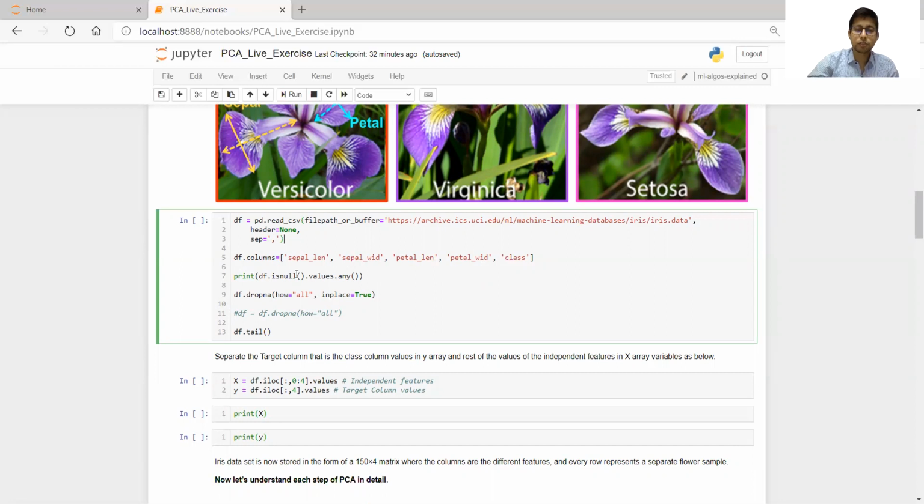And of course, today's agenda is mainly focused on principal component analysis. So I won't be going deep into null value removal or all this pre-processing. That's why I'm quickly checking if there are any null values, and then I'm just dropping them simply. That is beyond the scope of today's class. In another session, I will cover these things in detail. And then of course, I'll just run df.tail to see how the dataset looks. So let me execute this cell and see how the data looks.